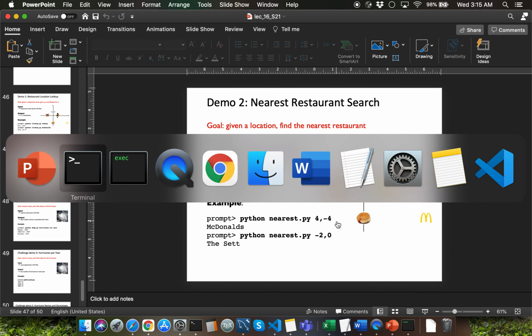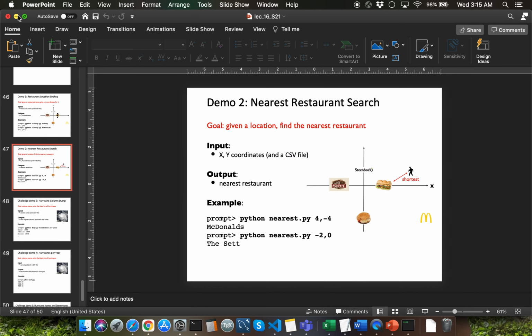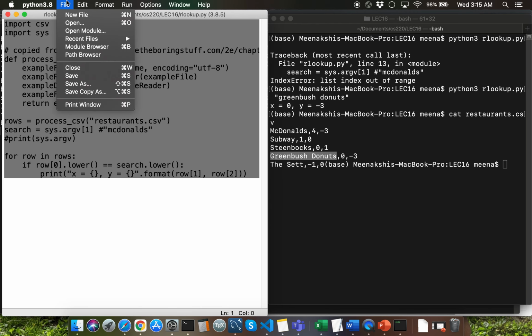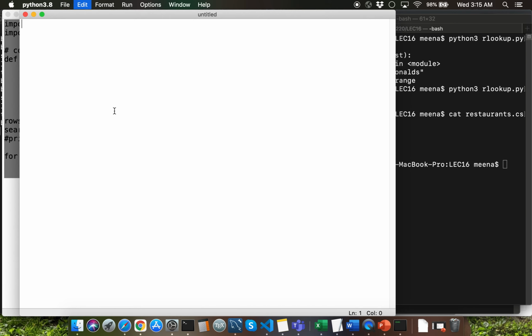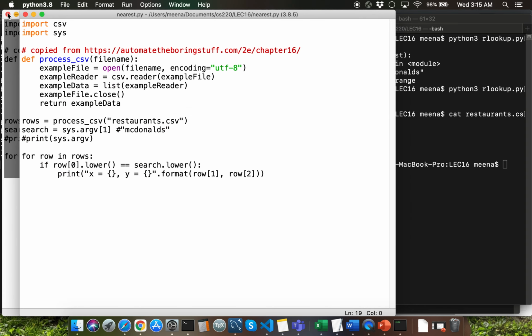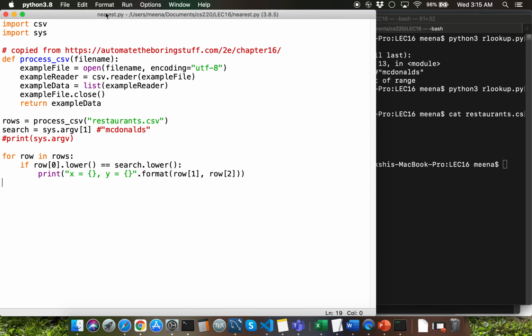We are going to deal with separating this command line argument into two parts for x and y values. Let me switch to the IDLE window. We are going to copy paste the code from the rlookup.py file. I'm going to click on file, new file and save it as nearest.py. Let's first deal with command line argument processing.